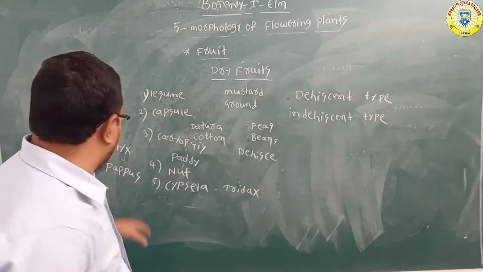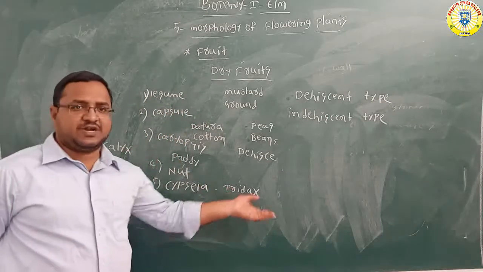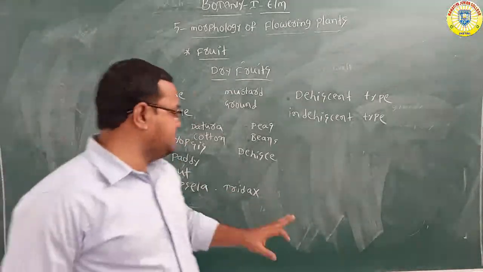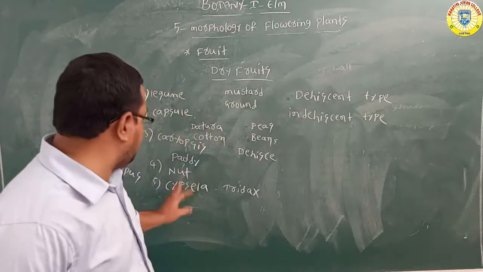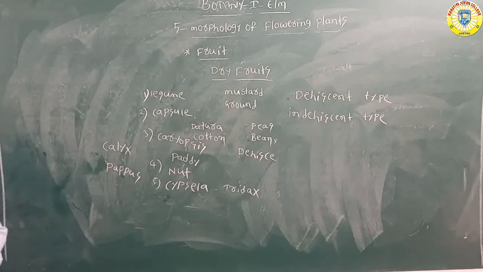The persistent pappus-like calyx you can see in Calotropis fruits. The fruit has only a single seed. So the best example is Tridax. That is Cypsela. Okay, this is the fifth one, that is Cypsela. Next,